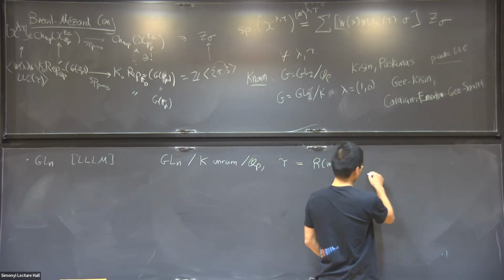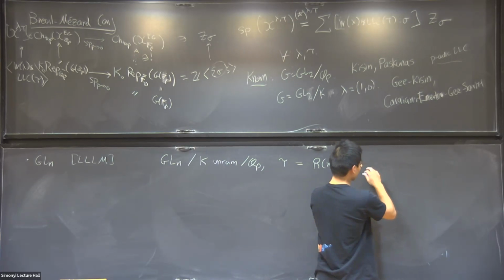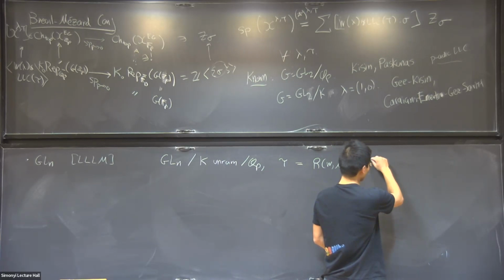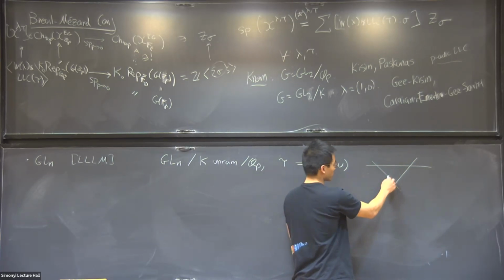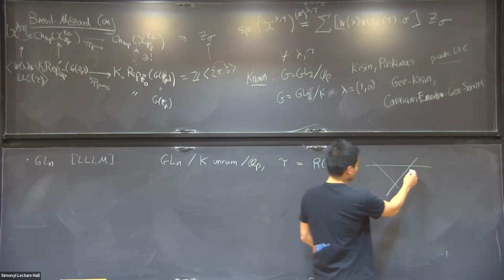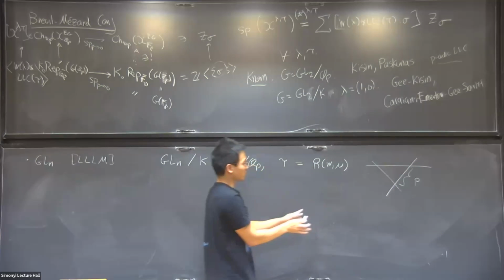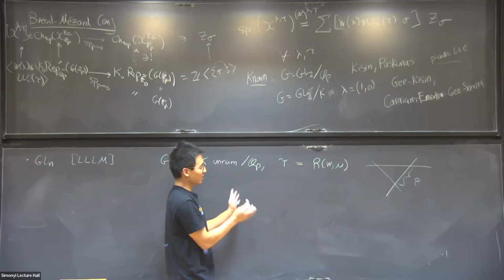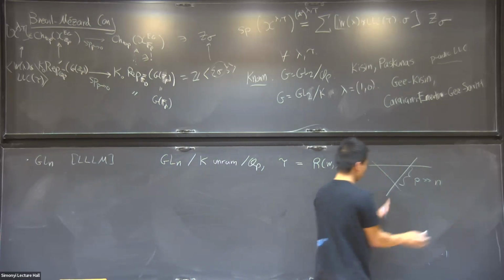So a priori, mu is lying inside this fundamental alcove. For SL3, it looks like this, inside this region. But we're going to constrain mu to be not too close to the boundary, not too close to the walls. That's what we mean by generic. Generic means not too close to the walls. The walls have side length about p, in order of magnitude, and close means closer than n. So p we're imagining to be large relative to n.